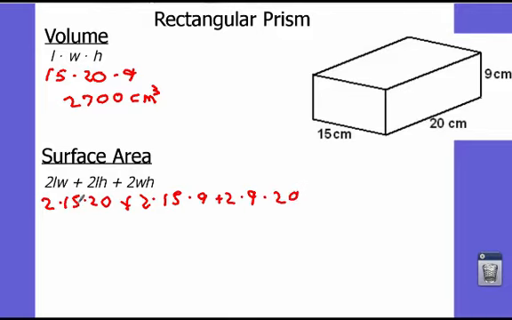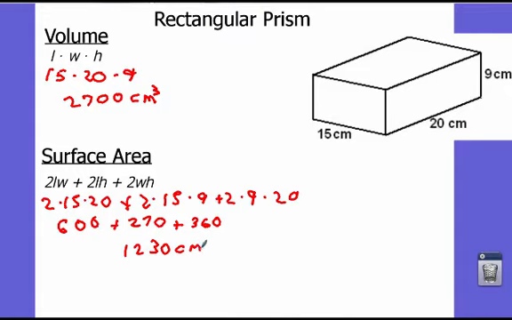Okay, 2 times 15 times 20 works out to 600. 2 times 15 times 9 works out to give us 270. And 2 times 9 times 20 works out to give us 360. Add all of those up, and we end up with 1,230